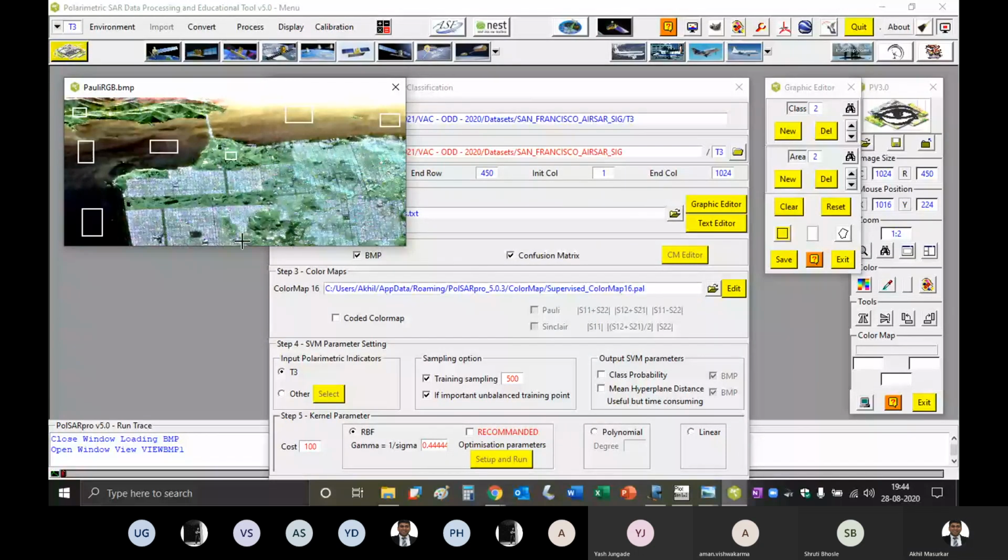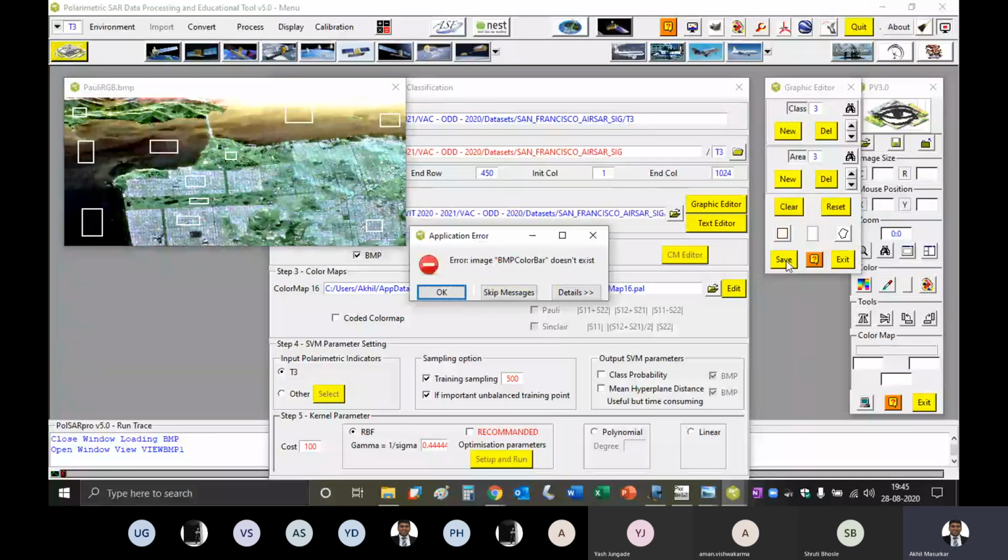And another area I will take here is also green cover. A new class. You can see these are settlements. And then just say save.